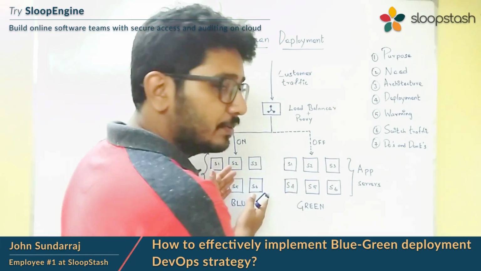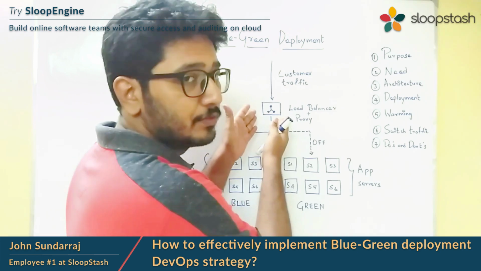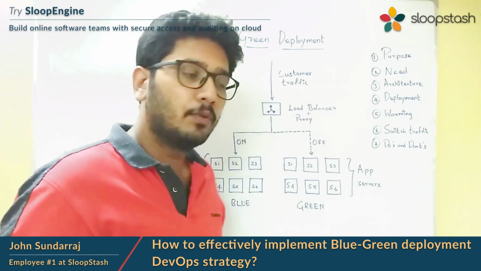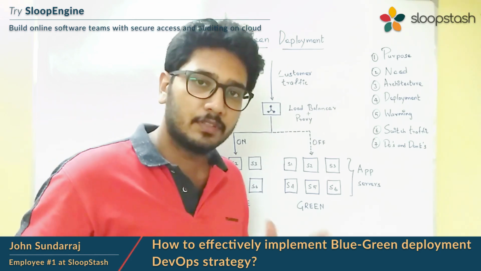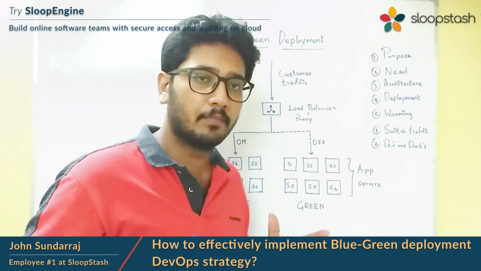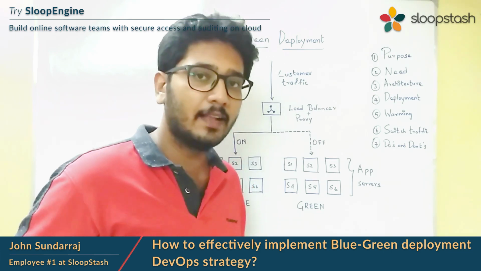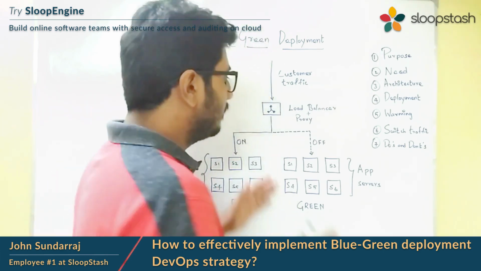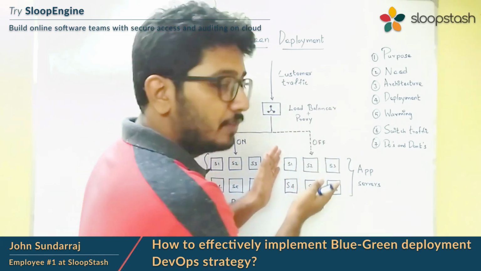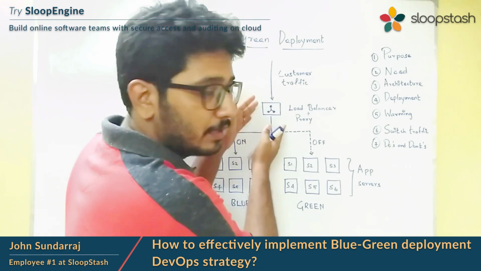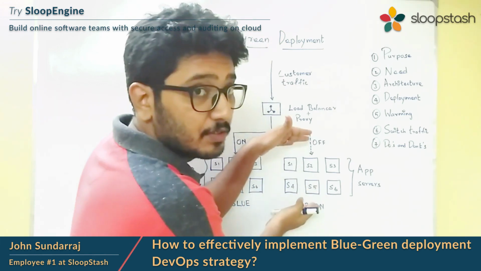If there is no error rate and the application server performance is quite good, then we can think of replacing another 20% of the blue servers on the load balancer. So basically, this is how we need to proceed. If the 25% of the servers are totally good and there are no error rates and the application performance is good and stable, then we can start thinking of diverting 50% of the traffic by replacing 50% of the blue servers in the load balancer with 50% of the green servers.